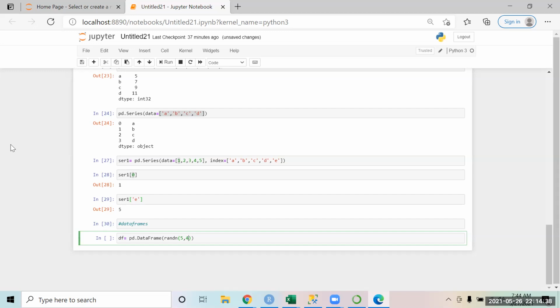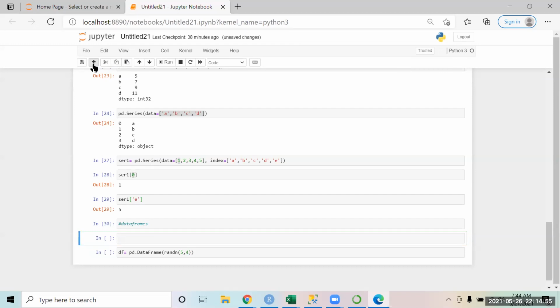If you recall from yesterday, this is going to generate 5 rows and 4 columns. For example, if you just want to see it, add a new line and I say randn and I say 5, 4.